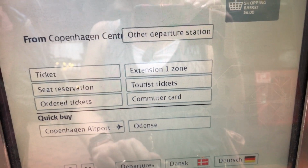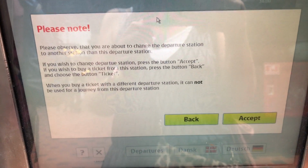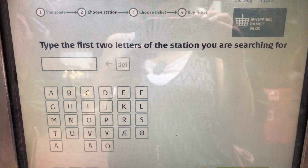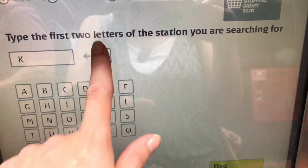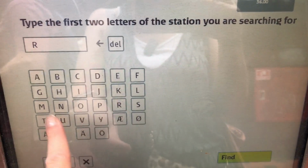You've got the airport tickets that we've already talked about. If you're going to somewhere else, there we go, you are about to change. It's got a lot of things here to remind you what's going on, because they're used to people that don't know what they're doing using these machines. So again, last time I think we went to Roskilde, didn't we? Oh no, let's go see. We went to Roskilde as the example. So let's find